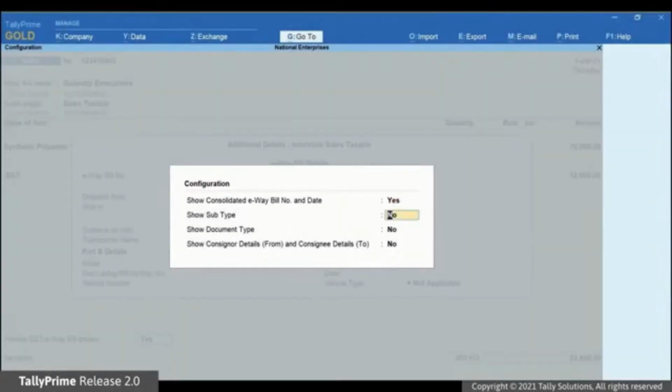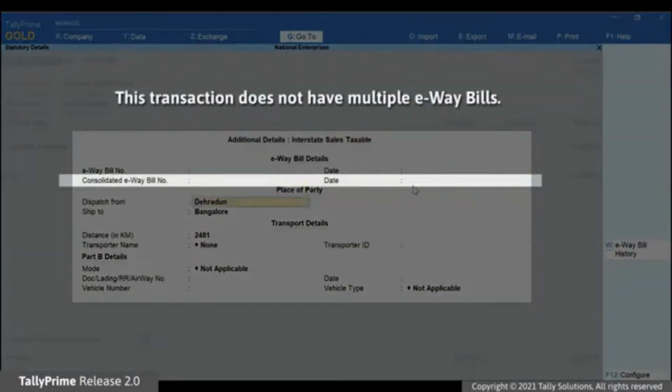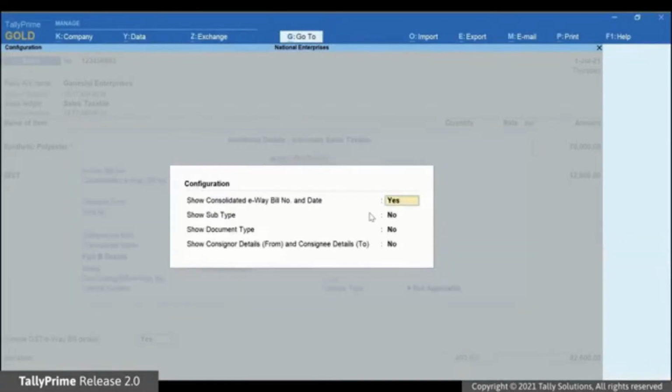It is important to know that you will need to generate the consolidated e-way bill offline. Thereafter, you can enter the consolidated e-way bill number and date in the additional details screen. For this instance, let us set it as No, as consolidated e-way bill is not relevant to this particular transaction.